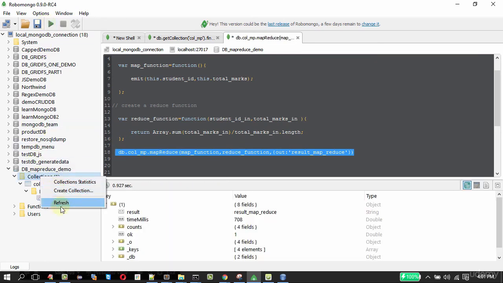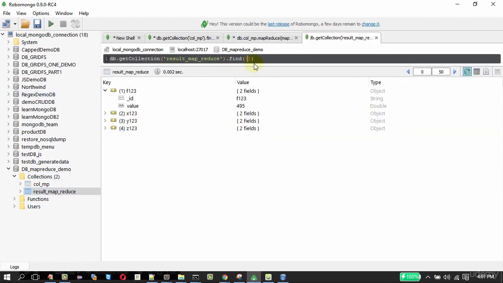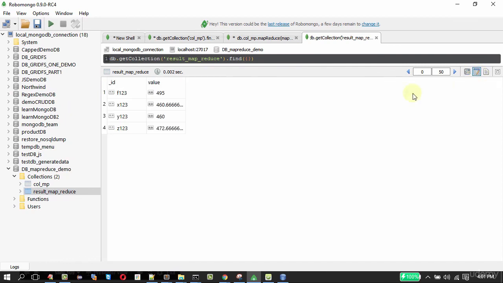Let us refresh the collections. We got the result. View documents in table view. So we got the average value calculated.